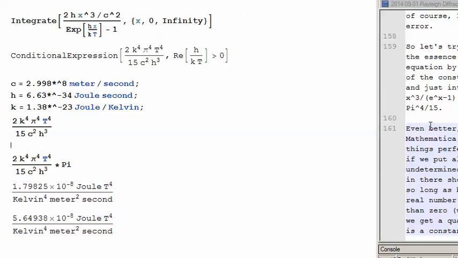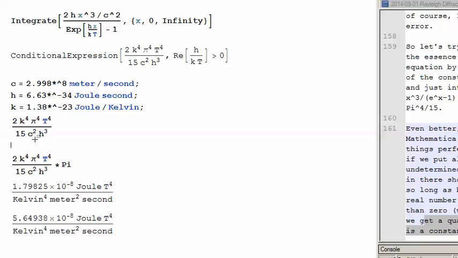Okay, even better. Mathematica seems to handle things perfectly well if we put all of the undetermined constants in there, showing that so long as h over kT is a real number greater than 0, we get a quantity which is a constant times T to the fourth. So when we integrate that, we get 2 k to the fourth pi to the fourth T to the fourth over 15